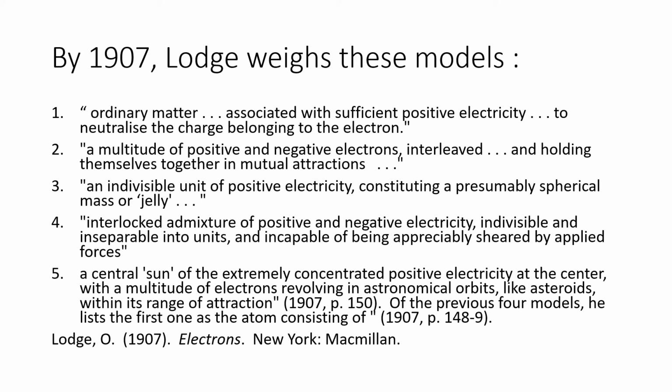By 1907, even though, as I said, in the 1920s, for the general public, he was using the solar system analogy, by 1907 he was coming to question it himself, and that's because he was aware of what other physicists were writing about the structure of the atom. You can see he lays out 5 possibilities, with the 5th one being the solar system analogy, but he is looking at other things like the possibility of electricity being what holds it together, and that was becoming a more popular belief at the time.